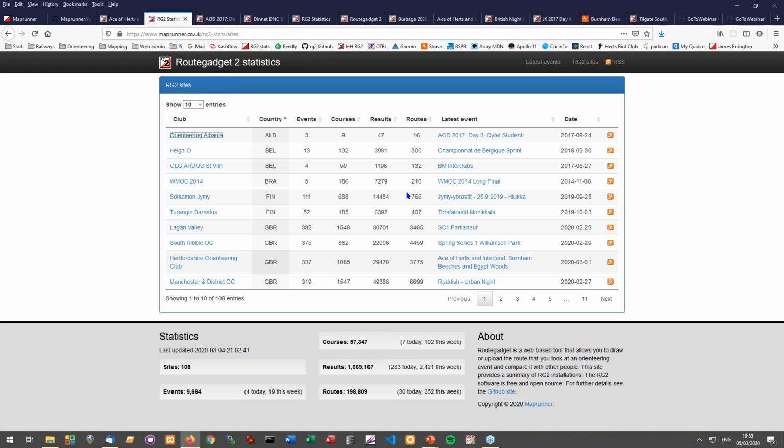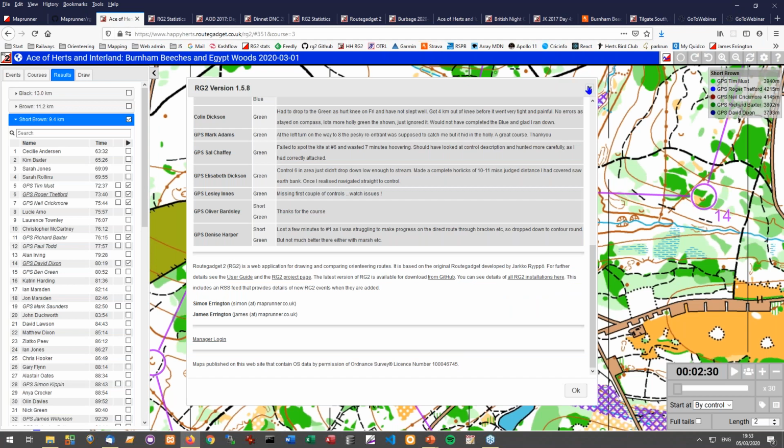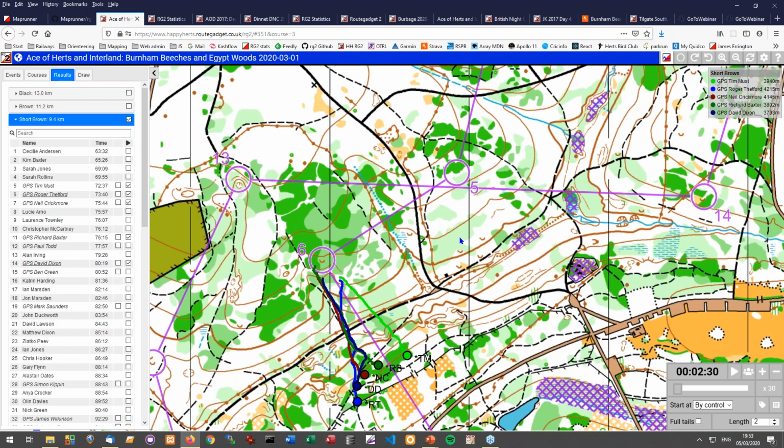There's another question for you, if you've got a chance. Yep. It says, for GPS to work in Routegadget, must magnetic north be accurate to current? No, the magnetic north is absolutely irrelevant as far as GPS is concerned, as long as you've correctly georeferenced the map. You could set the magnetic north to be 0 or whatever it happens to be in your area.